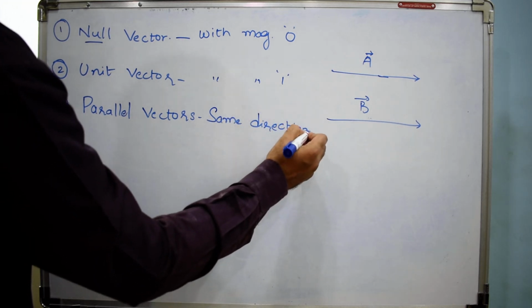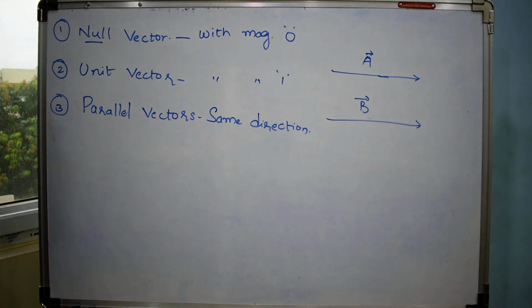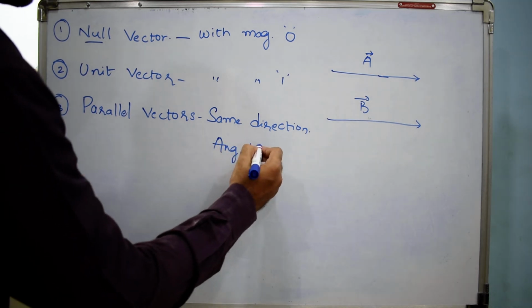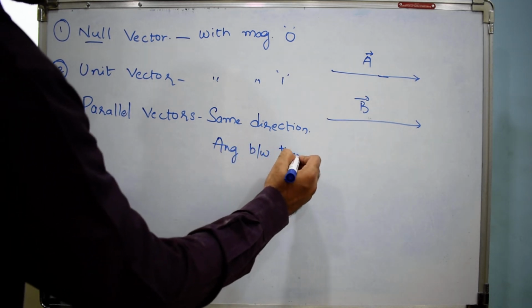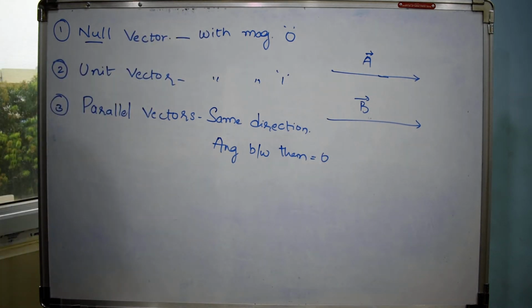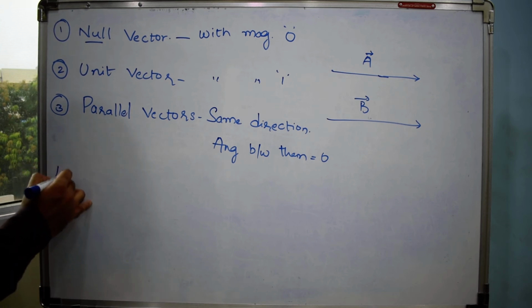And one more thing about parallel vectors is that if we have two parallel vectors, the angle between them will be equal to 0. Okay, they are in the same direction and the angle between them will be equal to 0. And the next one